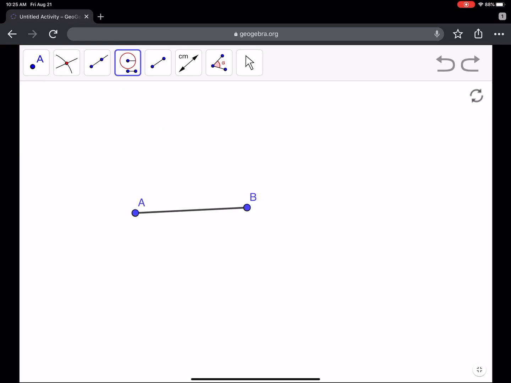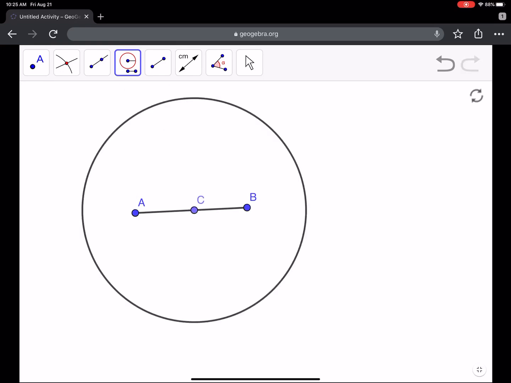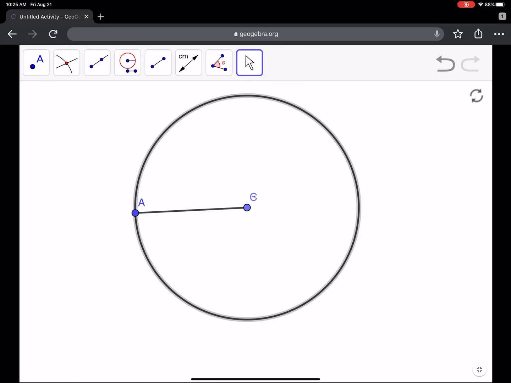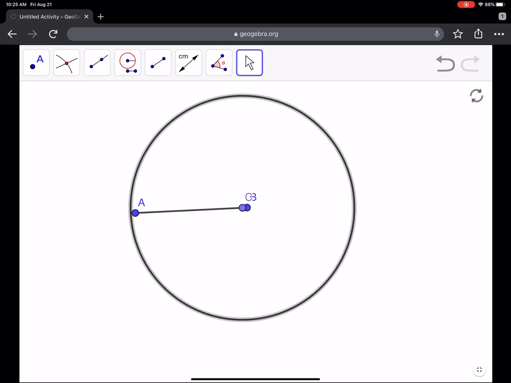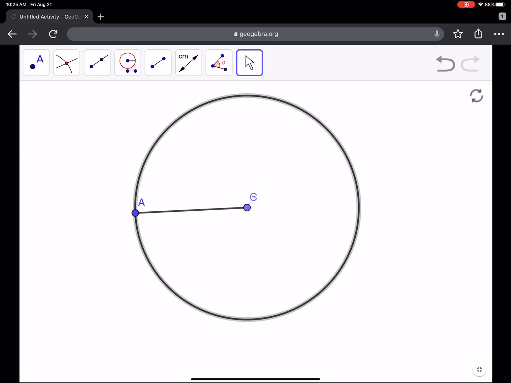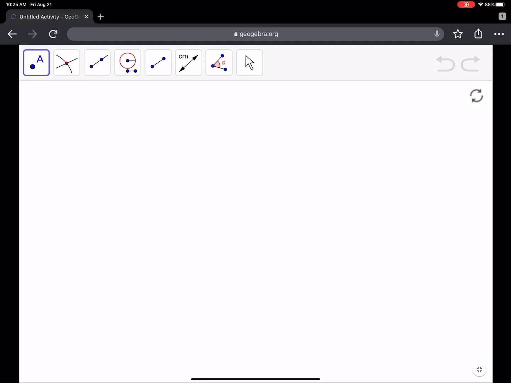Or if you select your compass and double click your line, your compass now does the same thing. You notice that point C here, if I move it over B, it gives me the radius as the same length as AB. So there's just a couple ways that we work with our tools. Again, you can always use the pen tool